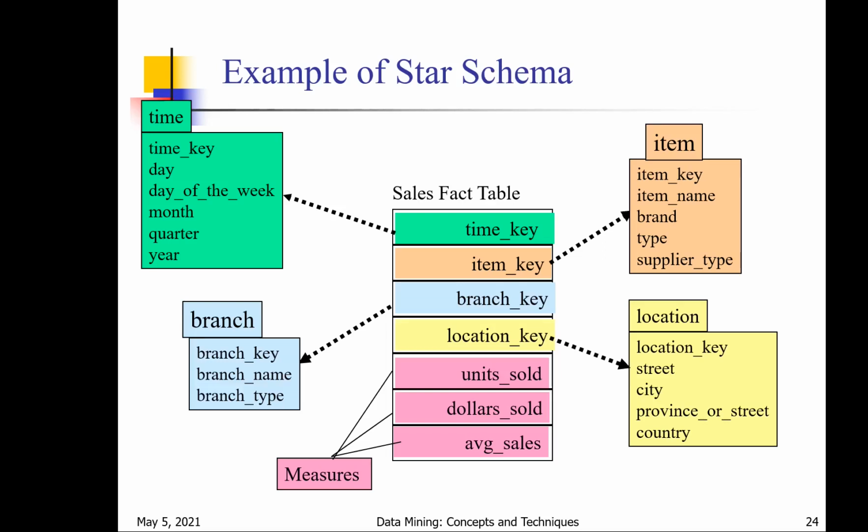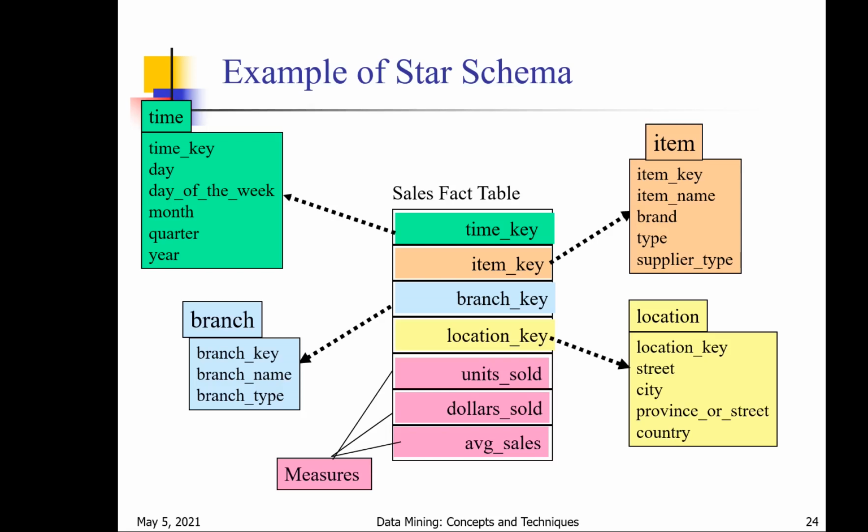Whereas in the item, time, branch, location dimension tables, these keys are the primary keys. These primary key and foreign key concepts we will see in database concepts. In the parent table, the key which is a unique identifier is called the primary key. Using that, we are accessing that table in another table using that particular key. That's why in the other table it is called a foreign key. In the parent table it is called a primary key.